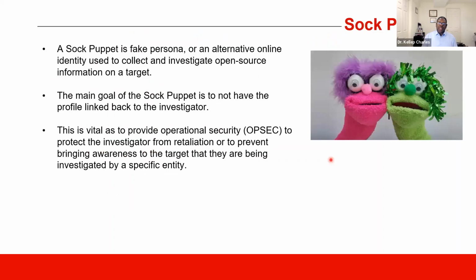So one of the key things that we recommend when it comes to conducting OSINT investigation is to keep your identity private and not linked to the overall investigation. And there's a technique that is called sock puppets. Basically, sock puppets are fake personas or alternative online identities used to collect and investigate during an open source intelligence